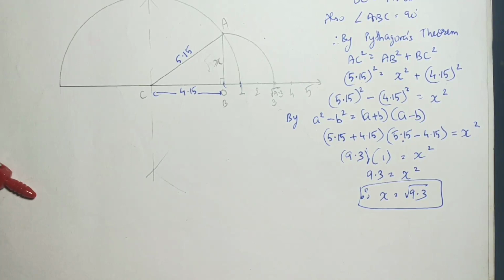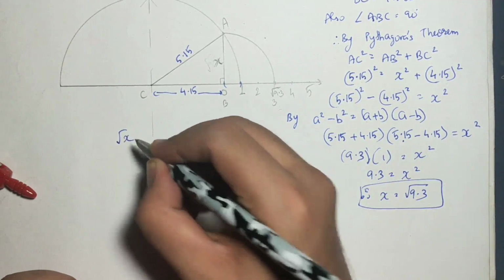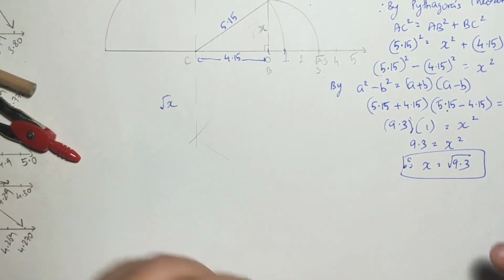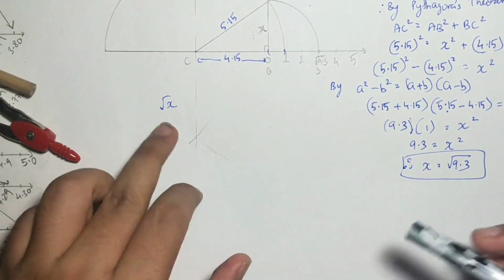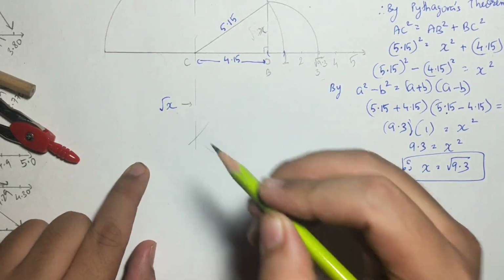Let us take an example of a general number, that is x. What about if root of x has to be found out? Suppose I am taking my own question. I have to construct the root of x. If time permits, I will explain the justification also using root of x. Now I want to find root of x.